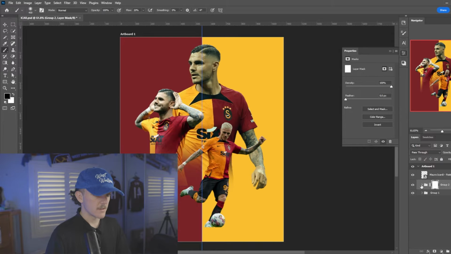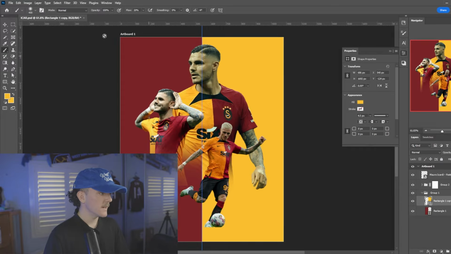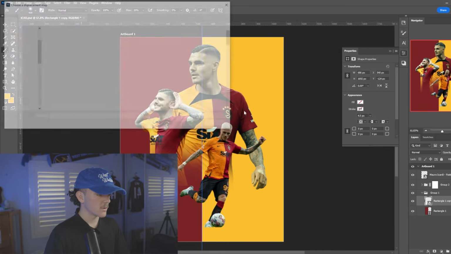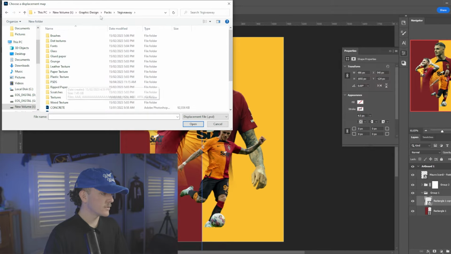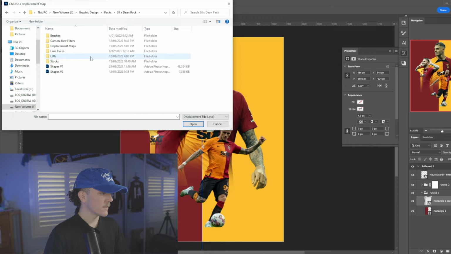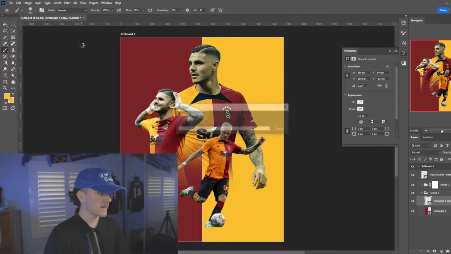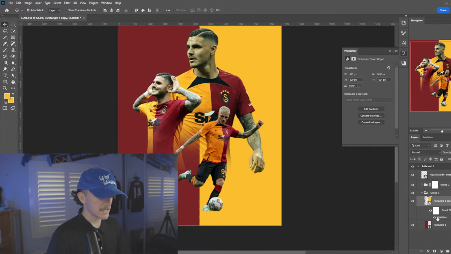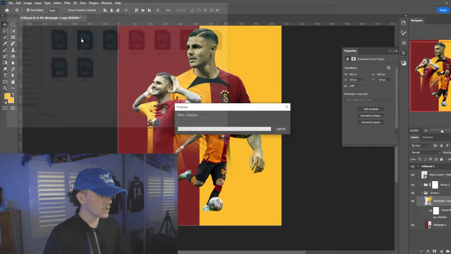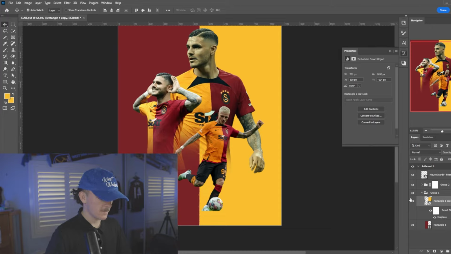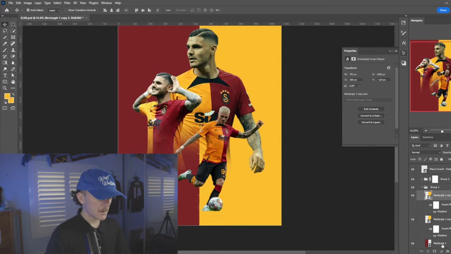Now after I've done that, I'm going to jump into the background and convert both of these objects to a smart object. And I'm going to come to my packs, come to the Sil XD pack, just using a displacement map that you can make yourselves. As you can see, I've made a kind of grungy effect for the background, and I'm just going to duplicate the sizing of it. And then I'm going to duplicate it and apply the same effect to the maroon background. So we're just going to drag the displacement onto the bottom,